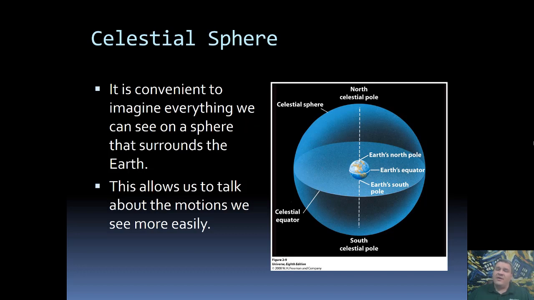Then Pumbaa responds, "Oh, I thought that they were giant balls of gas burning millions of miles away." That's what's actually going on. We realize that there is not actually a giant sphere surrounding the Earth, but to help us understand and wrap our heads around how we're viewing things from the Earth, we pretend as if there is a celestial sphere.